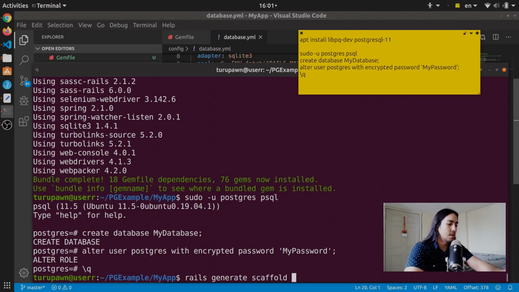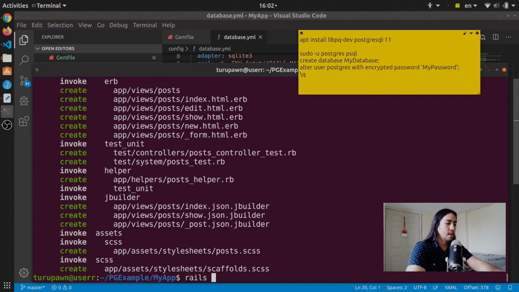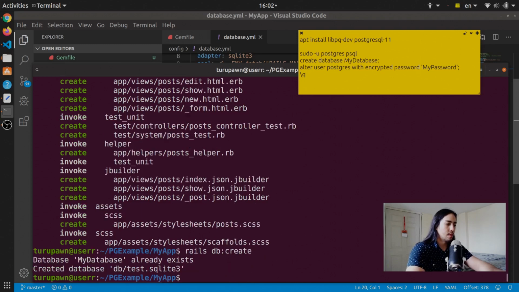Let's create our typical article post model with a title and a body. At this point, we can just do what we normally would to create and migrate the database. That's it. This database was created on Postgres at this point. The testing database is still on